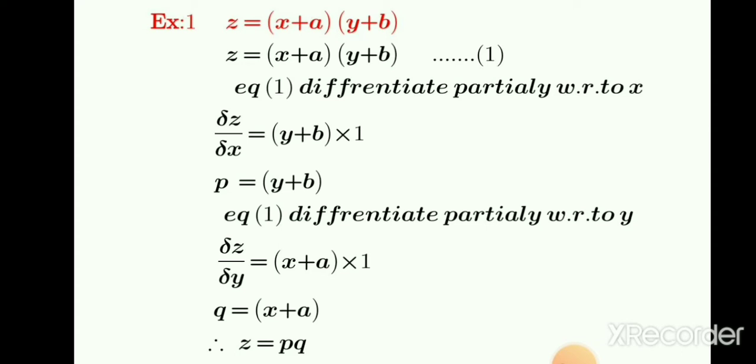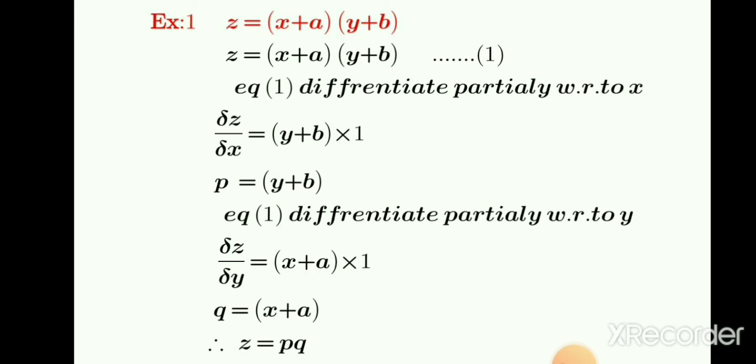Equation 1 differentiate partially with respect to x. Del z by del x equals y plus b into 1. Because we differentiate partially with respect to x, y plus b is constant, the derivative of x is 1, and a is constant, therefore its derivative is 0. Del z by del x is the partial differential coefficient and is denoted by p, therefore p equals